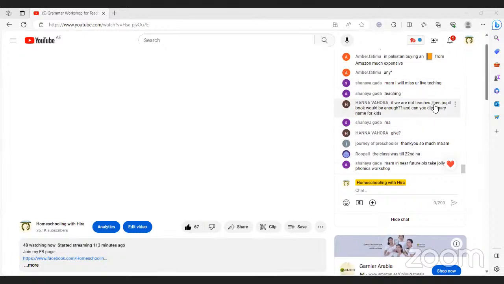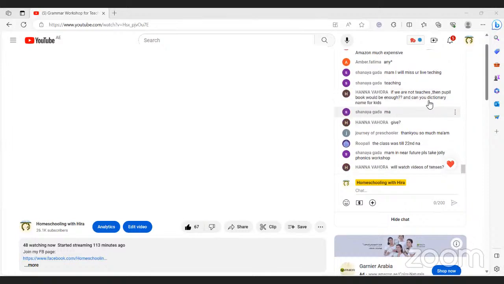If we are not teachers, then pupil book would be enough. And for the dictionary, you can get the Jolly Phonics dictionary as well, that has enough words. For tenses, I'll send the video, ठीक है, don't worry about that. If we are not teachers, then pupil book would be enough. And acha, if you are not a teacher but you are teaching your children,